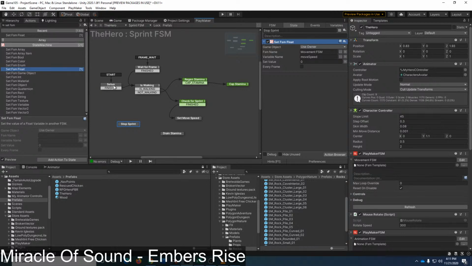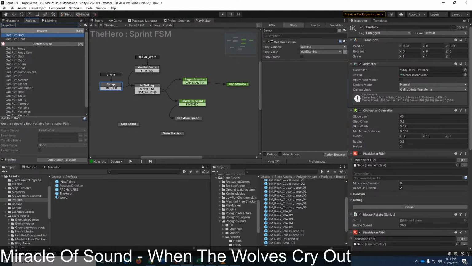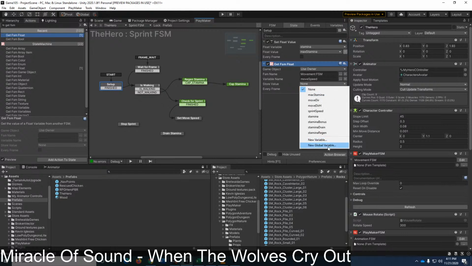And what I need to do here is, in my setup, let's get an FSM float. Get it from movement. I'm going to get move speed, and I'm going to have a temporary variable. Okay, so new variable, temp.